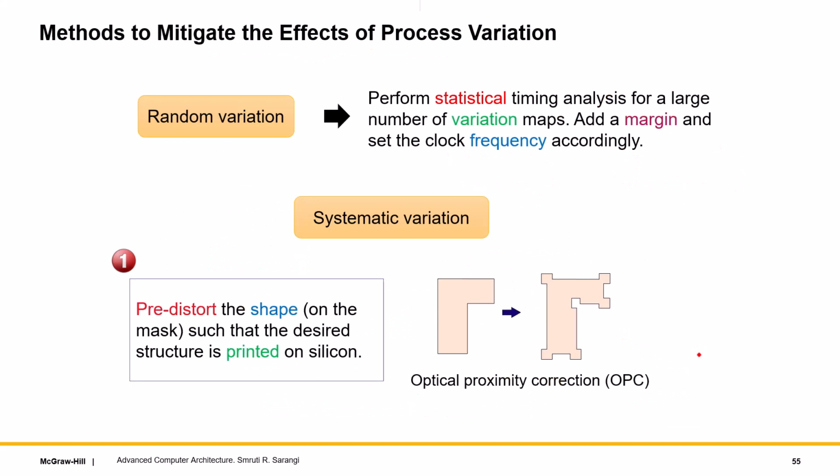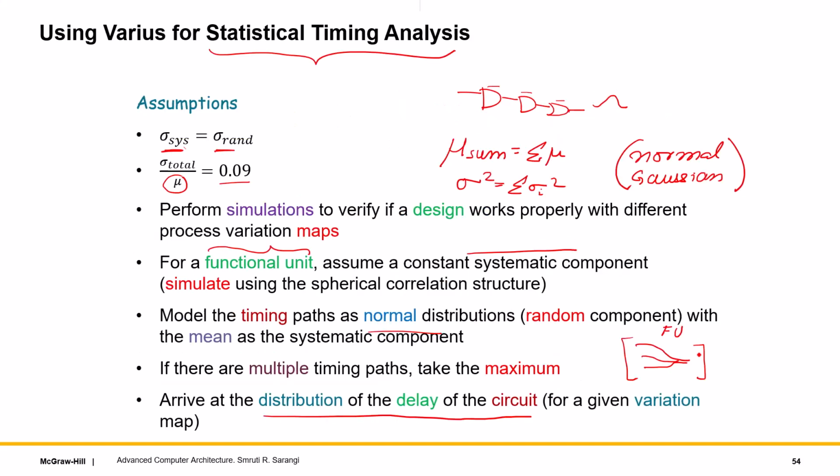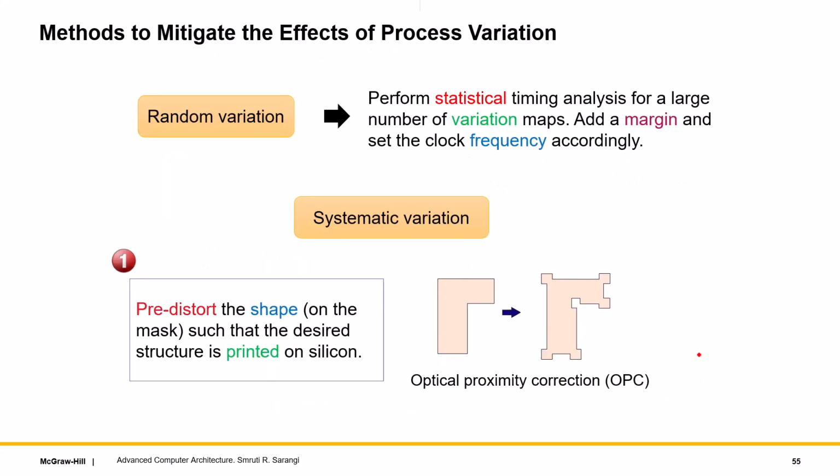So now that we have the math established, people can take a deep breath. The hard part is over, right? Whatever is left will go soft on people. As I said, for systematic variation, the only thing that needs to be done is generate thousands of systematic variation maps and ensure that a given circuit works for all of them. For random variation, instead of static timing analysis, we need statistical timing analysis, which, as discussed in the previous slide,